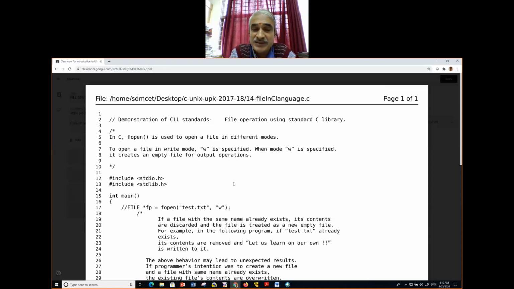Files are nothing but similar to your office files where you keep all your marks card and other records. So when you look at the office file, when you buy a new file, you will be putting a label. This is related to marks card. This is related to documents related to house, like that. So every file has a name.